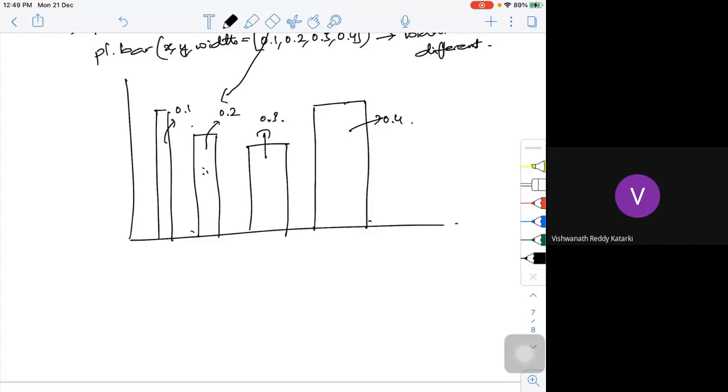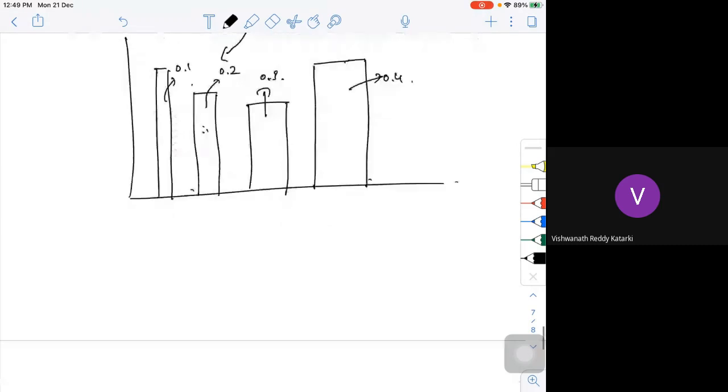If I want to do that, pl dot bar, x comma y, color is equal to green, comma width. Either I can have the same width or I can give different widths.